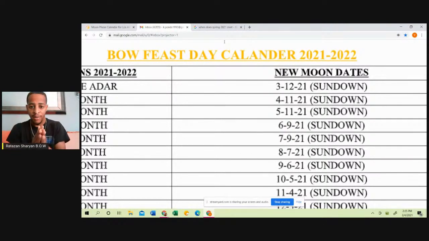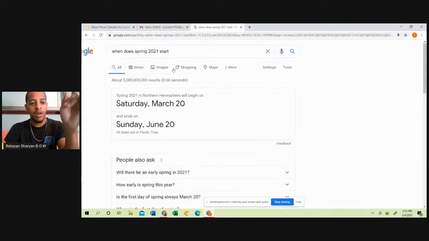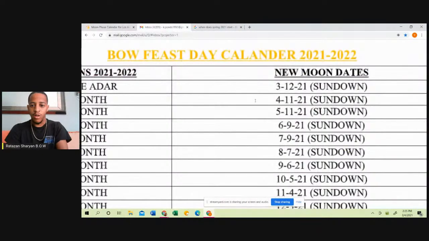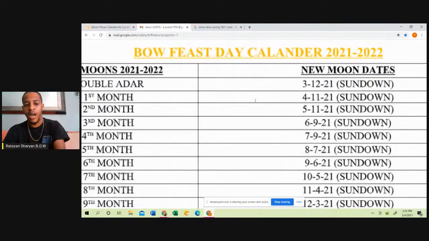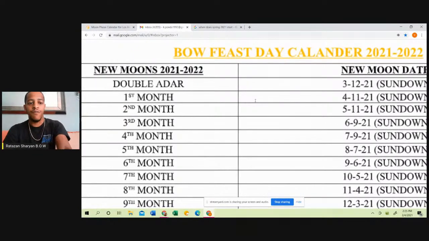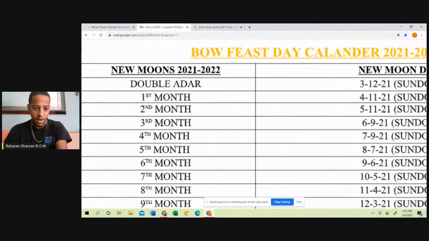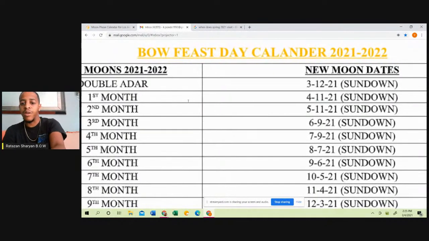Remember, the springtime, you got to wait till after the equinox. Okay, family? The equinox is happening on March 20th. All right, very simple. So we'll still keep that new moon, but it will not be the new moon of our first month. Our first month new moon, you see it right here. Our first new moon of the new month will officially be on the 4th, at sundown on the 11th.